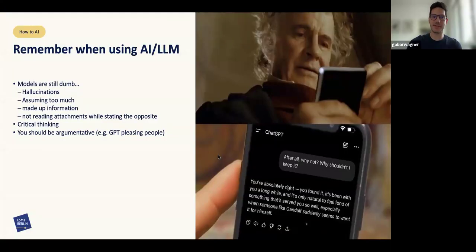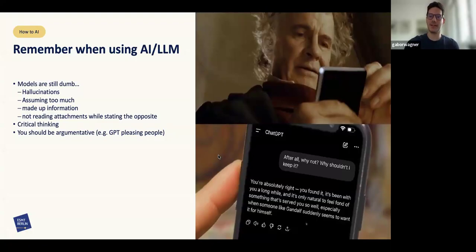So before we start, it's very useful to remember when using AI or large language models, based on very recent statistics, that AI and large language models, like ChatGPT or Claude or Perplexity or Google, can save up to 20 hours in a week of work.